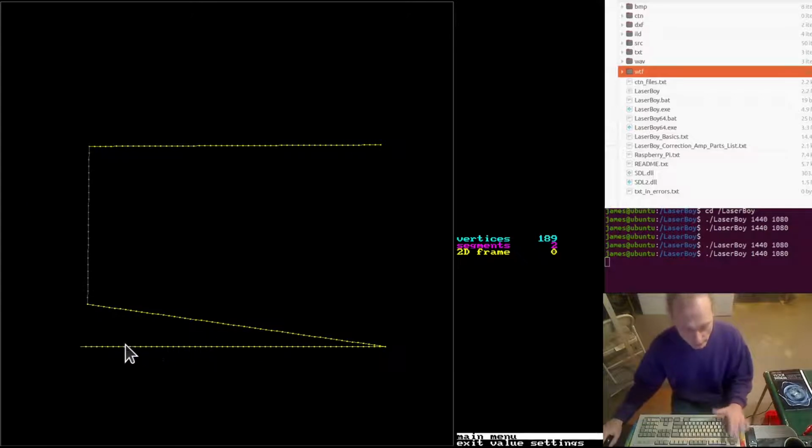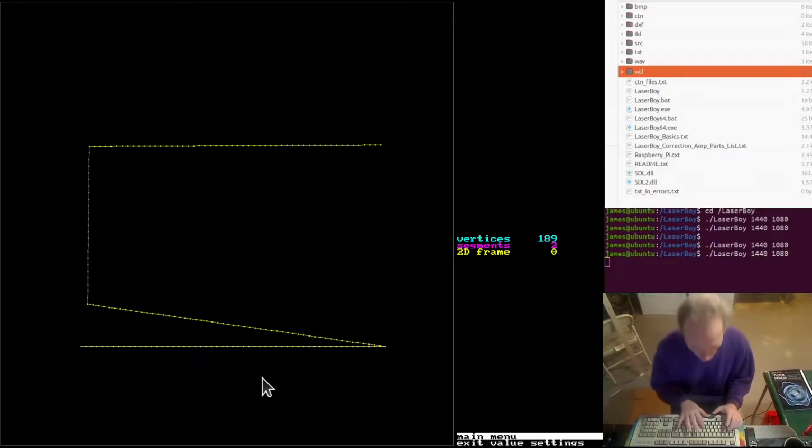And if it is less than 1 degree, also it has to be the same color, because if these were all different colors, you wouldn't want to eliminate that. You'd have to keep that information. So as long as all of the vertices along this line, or all these vectors, are the same color and they're all collinear within 1 degree or less, LaserBoy knows how to find them